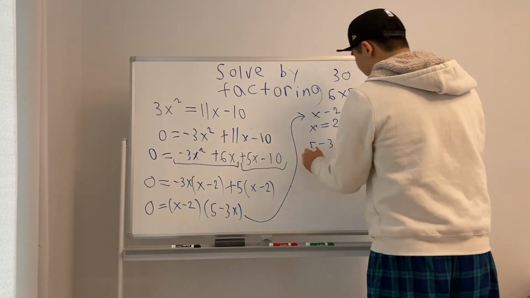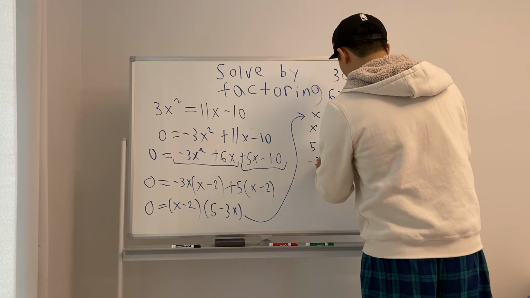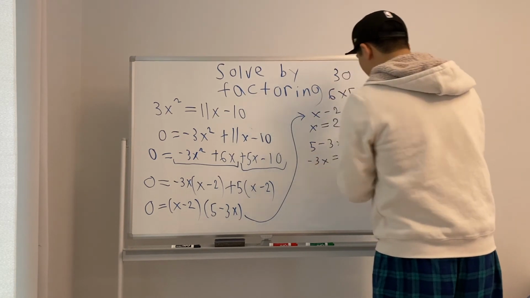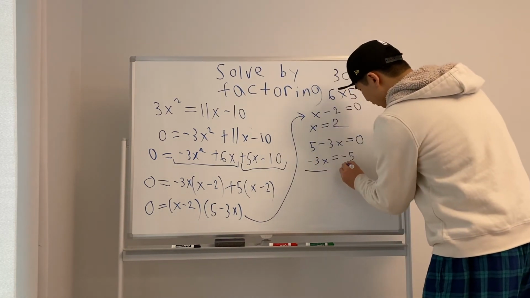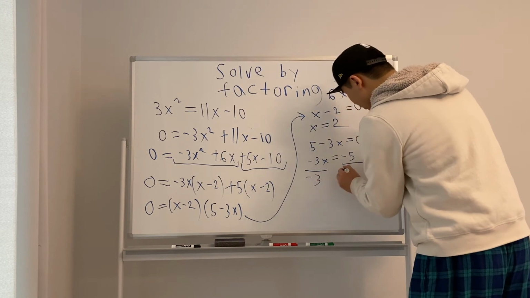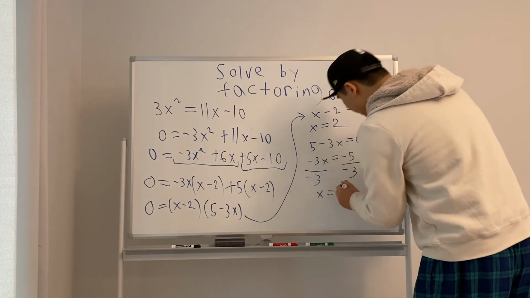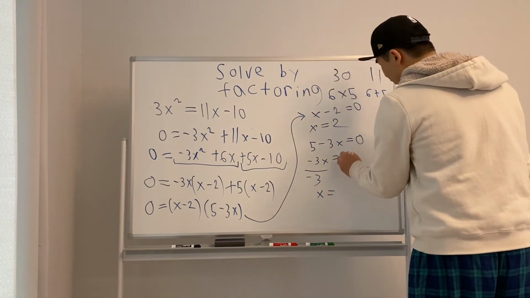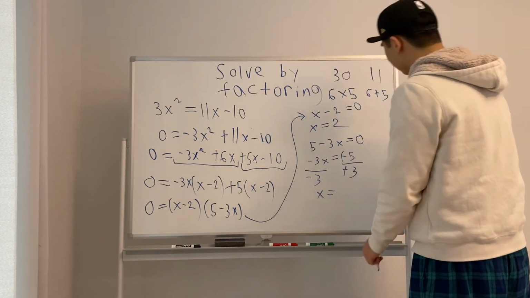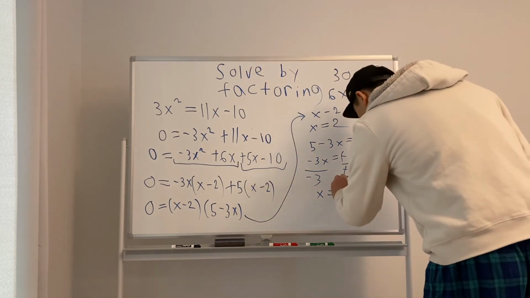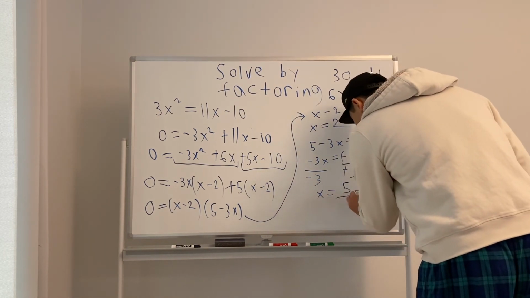So let's get the 5 over. We have negative 3x equals negative 5. Then we divide both sides by negative 3. So then we have x equals, first the negative signs cancel out. Now I'm going to leave it as a fraction, but if you want, you can